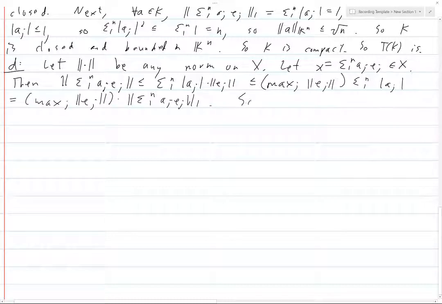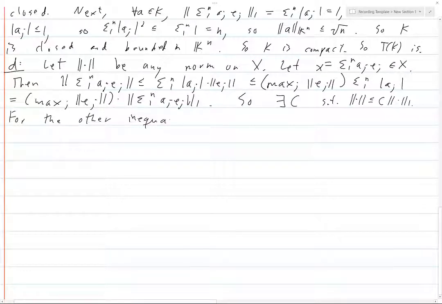Okay, so there exists a C such that this norm is less than or equal to C times the one norm, where C is some constant. And so this is half of what we want. What we want is another constant like this. And so that's what we're going to do now. So for the other inequality,